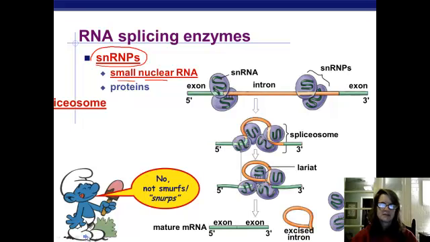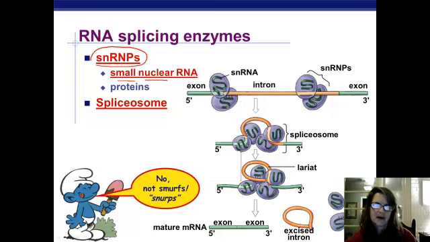And what happens with these little structures is that they come together, they bind to the RNA where the exon and the intron meet, and they curve around and they meet each other in a complex way to become kind of a big glob that we call a spliceosome. So SNRPs make spliceosomes, and they slice the